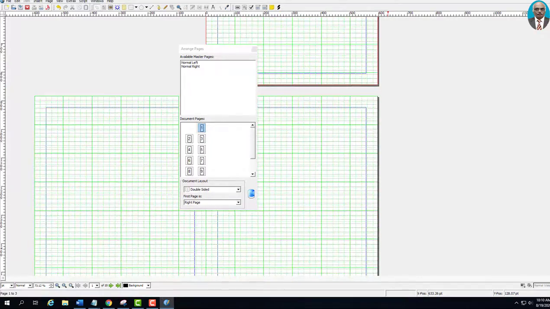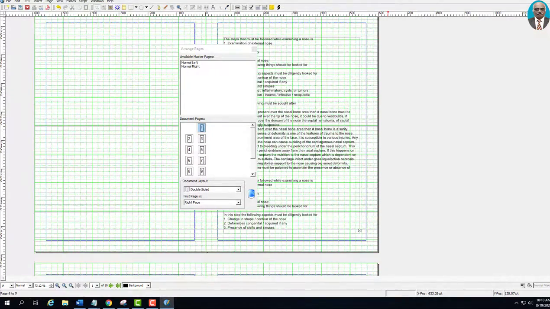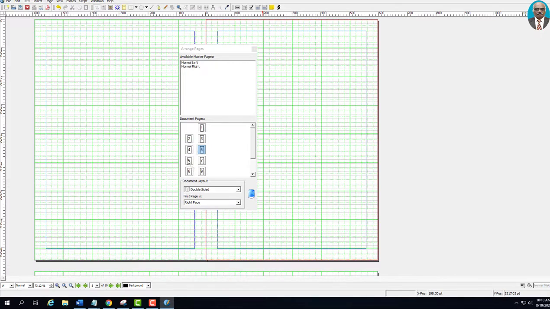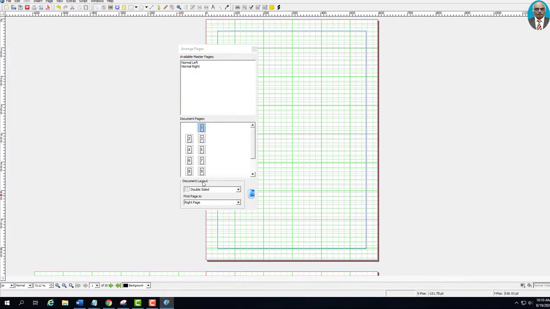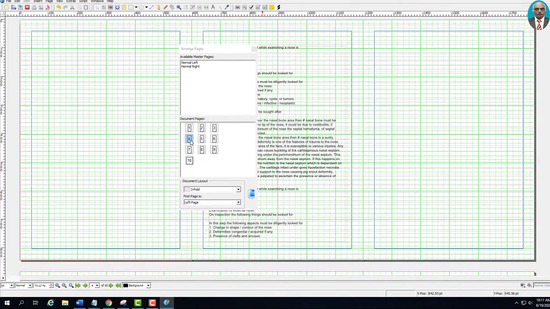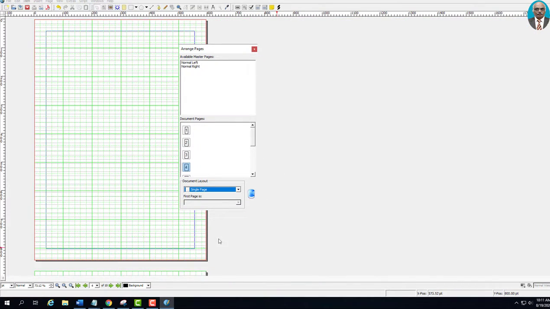Let us see whether it has happened. So now it has changed. See, now we can always make the 5th page into my 2nd page, into my 4th page. It changes. Now 4th page into my 3rd page, it changes. 5th page here, it changes. So like that you can change the pages. You can also change the document layout. You can make it a 3 page document layout. See the layout change. You change this back into a single page, it changes. So the document layout also can be changed from this arrange pages dialog box.